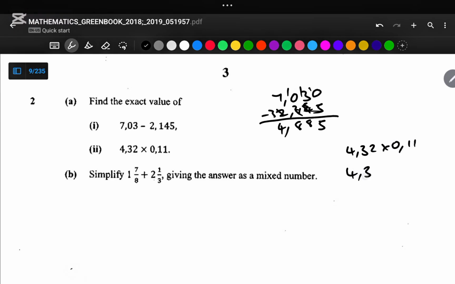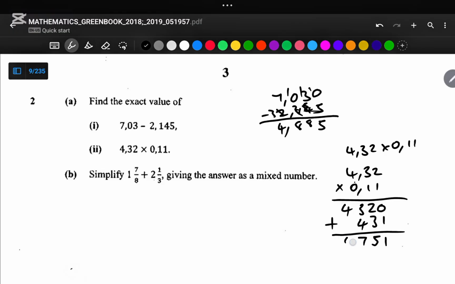So it's like this, 4.32 by 0.11. What you can do here is put 0 as a placeholder, and 3 by 2 gives us 6... 1 by 2 gives us 2, 3 by 1 gives us 3, 1 by 4 gives us 4, 2 by 1 gives us 1, 1 by 3 gives us 3, 1 by 4 gives us 4, and then we add. So it is now 1, 2 by 2 plus 3 gives us 5, 4 plus 3 gives us 7,